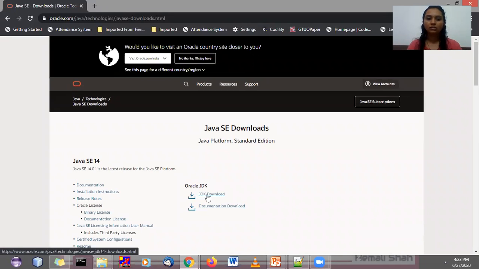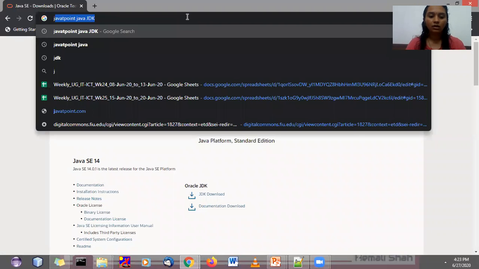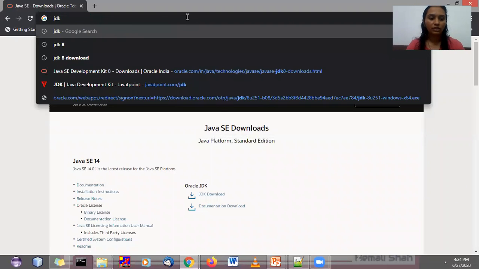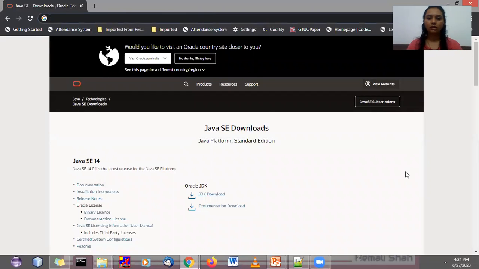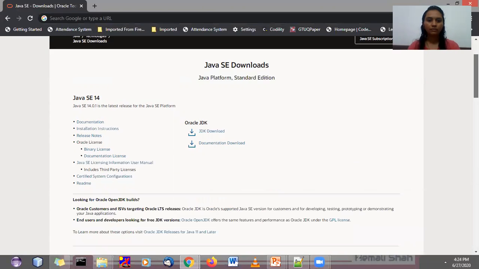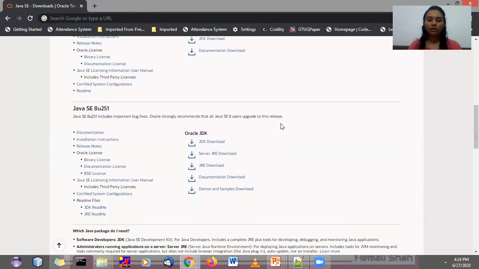This is the link to download your JDK, right? Currently we need JDK 1.8, so you have to type JDK 1.8, or you can download it from the same page also. Here are the versions of JDK. We require JDK 1.8 to execute our programs.